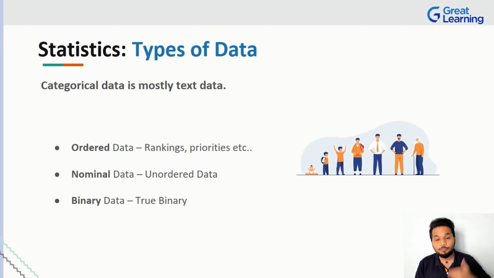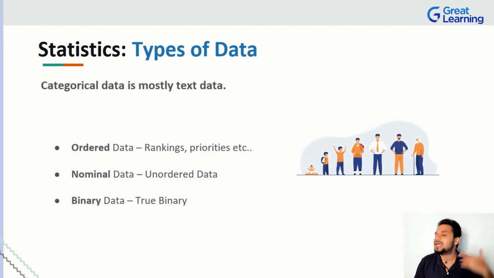As you can see, while handling textual data also, there can be a lot of types of it. There can be a good amount of variety to it, right? So we have three types of data here: ordered data, nominal data, and binary data. So what is ordered data? Whenever you say data is ordered, we're basically telling that you can approach the data and you have meaning not only to the data, but the way the data is put into place, right?